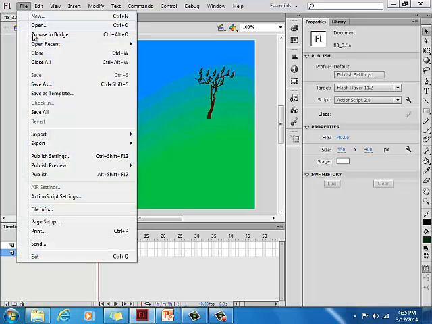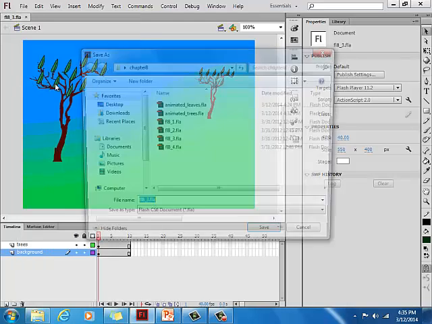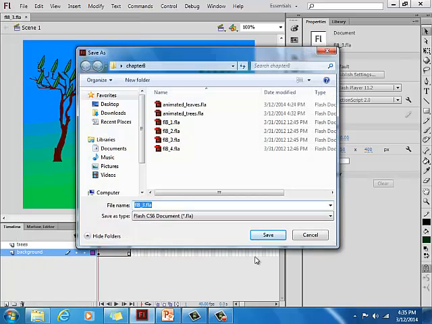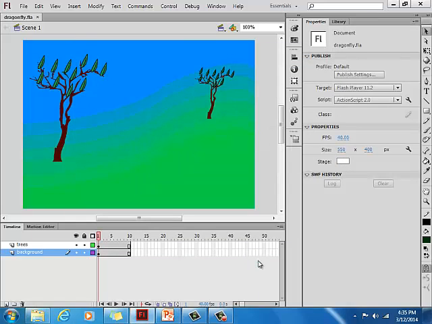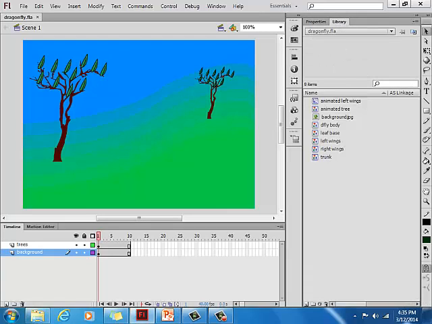We're going to save it as Dragonfly. And then we're going to display our library panel. Change your frame rate right here to 10 frames per second. The library panel contains the